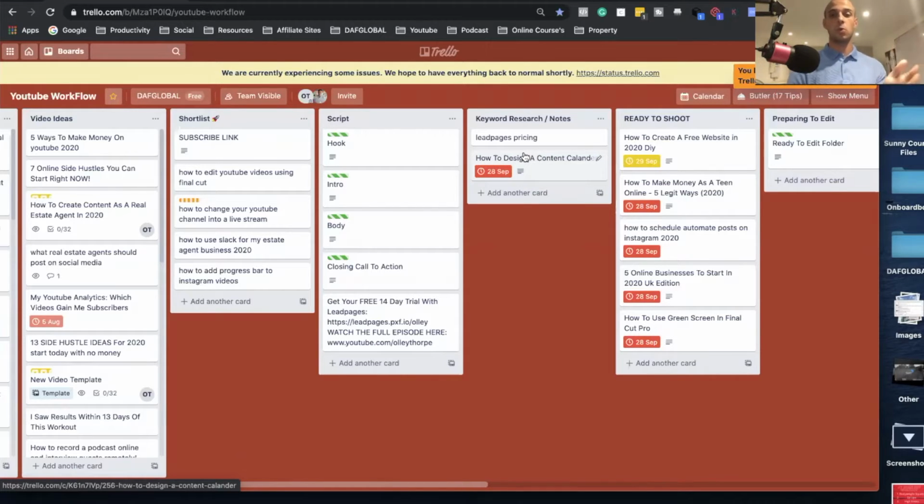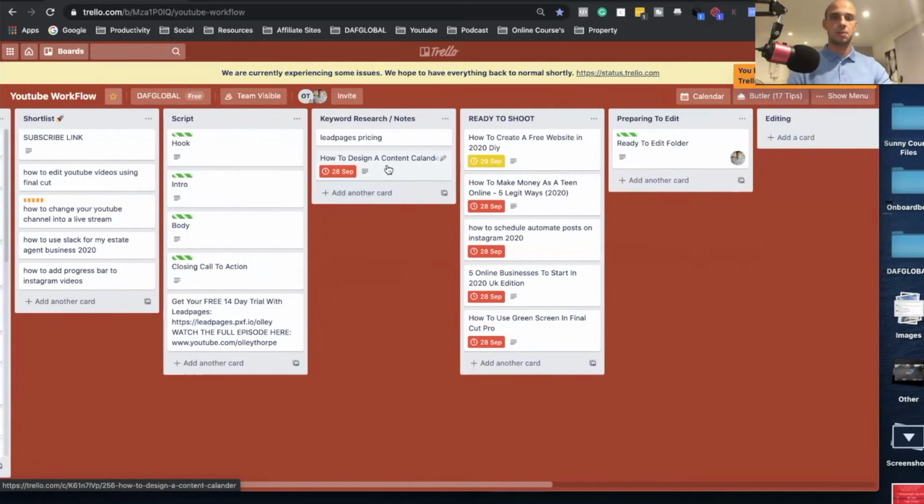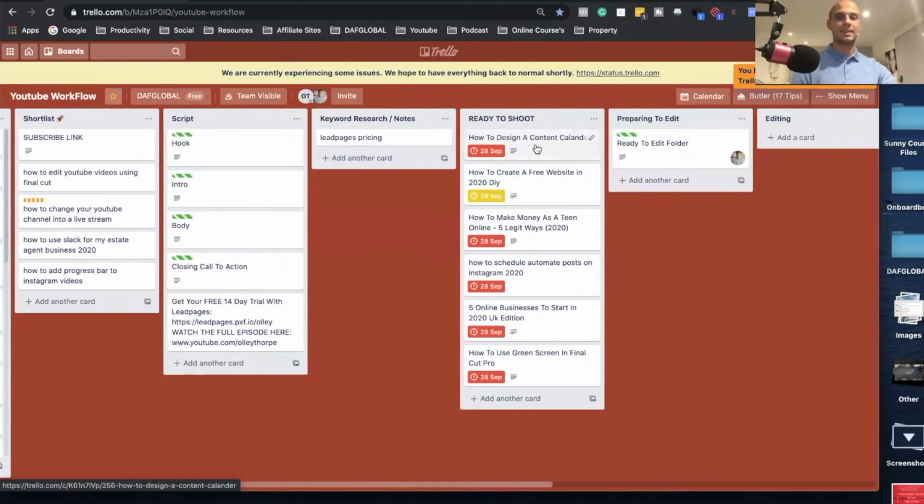And then what you want to do once you've done your keyword research, so you've optimized what the title, the tags, description, etc. is going to be within the video, you can then just simply put it into your ready to shoot. And then obviously, if you know me, I recommend recording videos in bulk. So try and fill this out so you've got like 4 videos in your ready to shoot, and then obviously pick a day where you're filming all of your content. And this way it's just a lot more systemized. You can just go in and say, okay, cool, I need to record these 4 videos, boom, boom, boom.